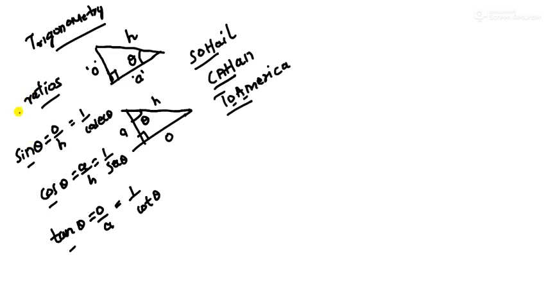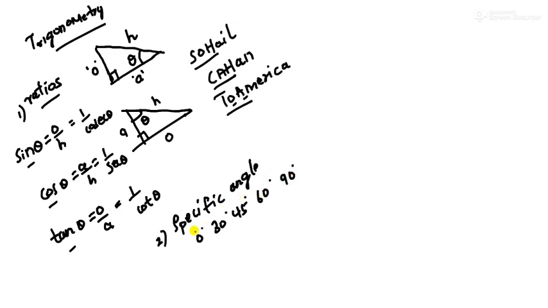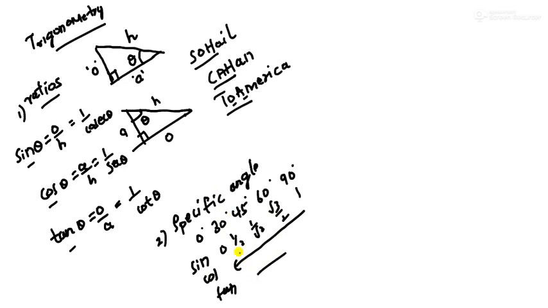Now after this you have what? You have the values of some specific angles. Okay, specific angle values you should know, that is 0, 30 degree, 45 degree, 60 degree and 90 degree. You should be aware of all these values, mainly for sine, cos and tan. This is 0, 1 by 2, 1 by root 2, root 3 by 2, 1. And if you come in this way, that becomes cos. Cos 0 is 1, cos 30 is root 3 by 2, cos 45 this, cos 60 is this, cos 90 is this. So this you have to remember.